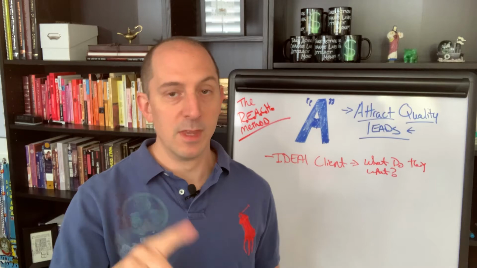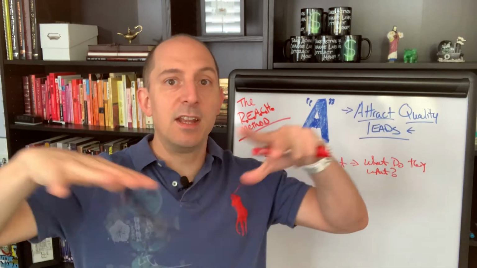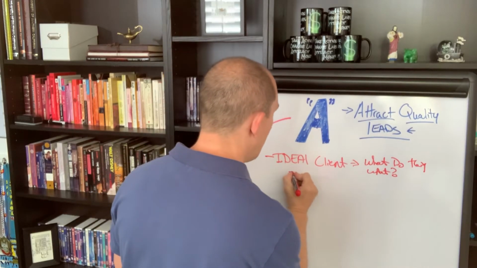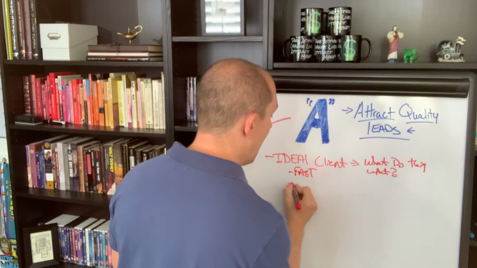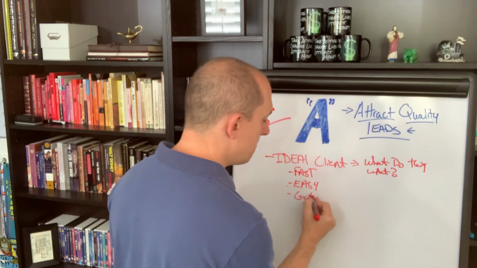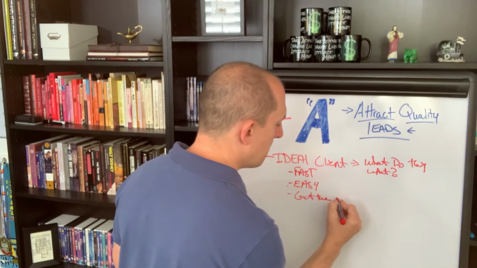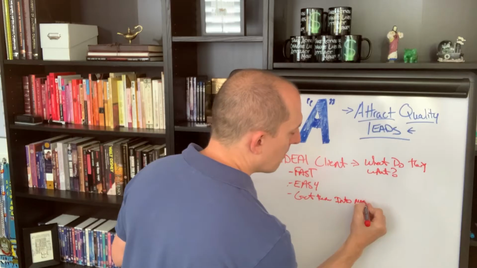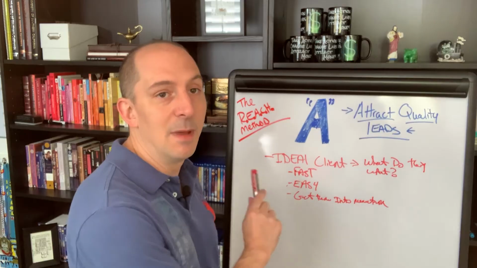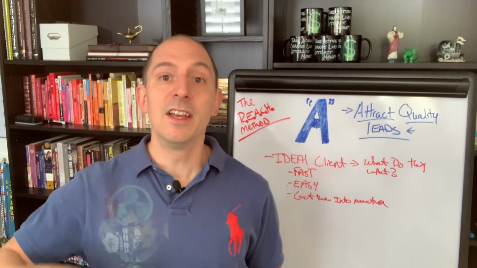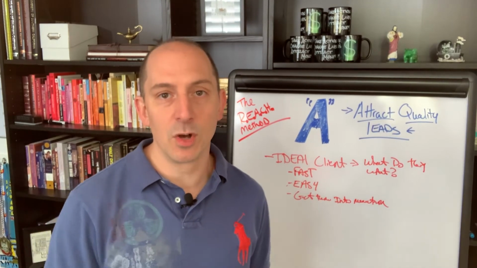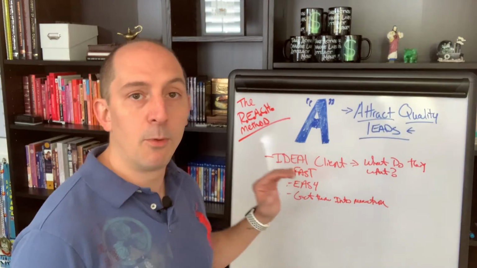One thing, not a whole big thing and not something that is a 30,000 foot view. One specific thing, and it has to be fast. It has to be easy, and it has to get them into momentum. The key here is that they get to experience a little bit of what you have to offer and they start to get results.